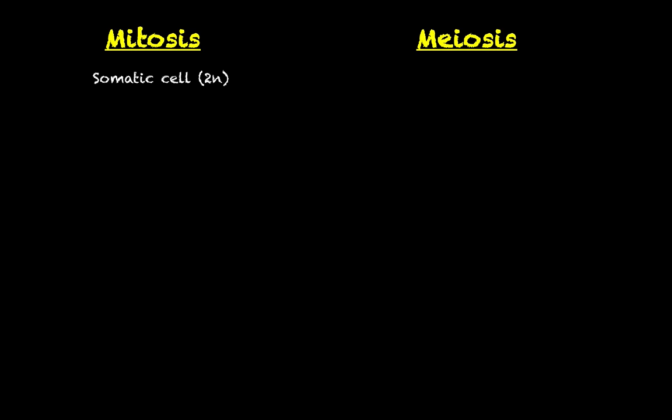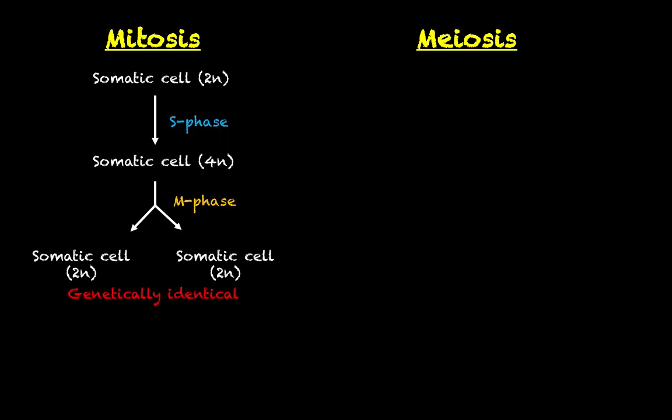So if we look at a little flowchart here that should illustrate some of the similarities and differences between mitosis and meiosis, at least how they are relevant for human physiology. For mitosis, we start with a diploid somatic cell. It undergoes S phase to temporarily become a tetraploid cell that has 4 copies of every chromosome. Then, after everything else, it eventually goes through mitosis and cytokinesis to produce 2 genetically identical somatic cells, which are both diploid,